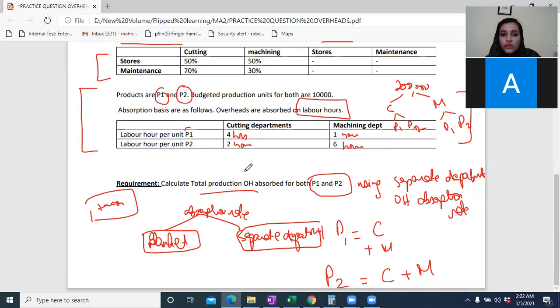So just try to do this question. First of all, you will get one cost in the cutting department and one cost in the machining department. And then you will divide. How will you calculate the separate absorption rate for cutting and machining department? You will do it like this. Total budgeted production overhead, what you got after allocation, apportionment, reapportionment in the cutting department, that would be divided by total estimated budgeted